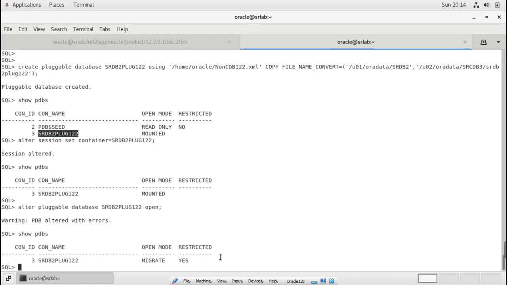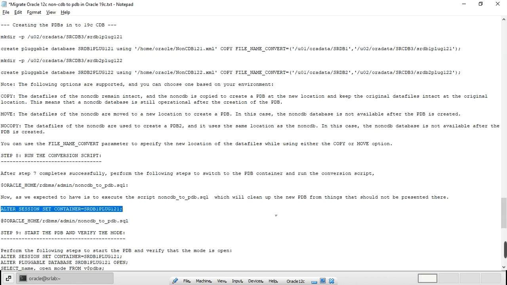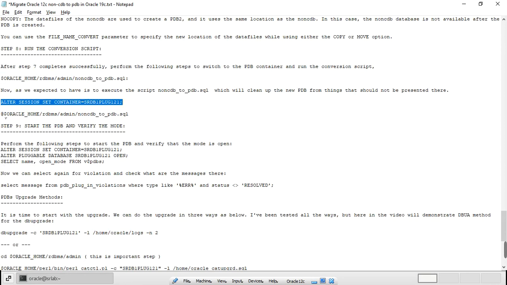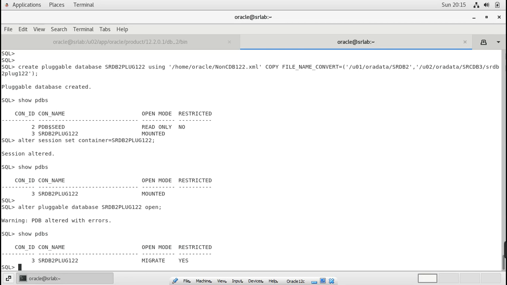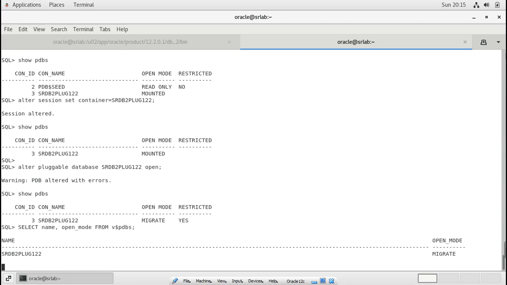Now I am ignoring all these steps for converting non-CDB to PDB, which is the manual method. I did all these three steps, ignored those steps, and came to this ninth step, and you can see it is in migrate mode.